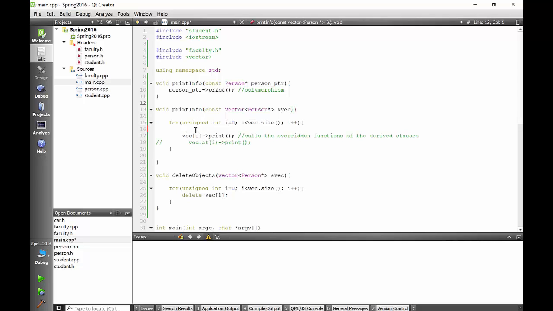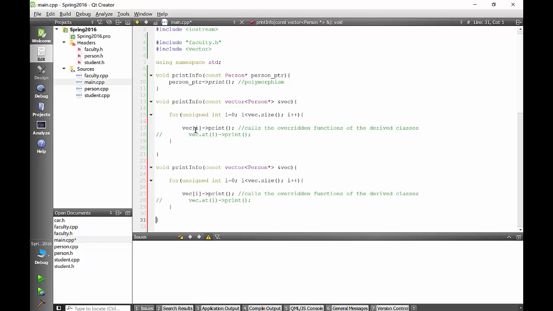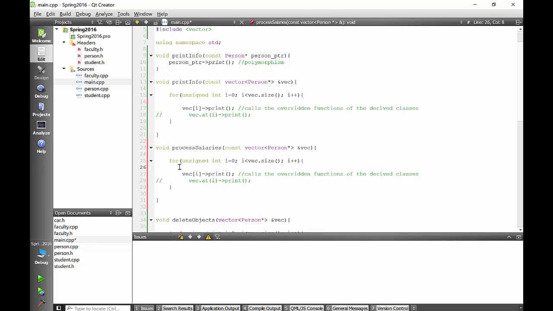So I'm going to create another method here, and we are going to do something different. I'm going to call it processSalaries. Now we have a function, we still pass the vector to the function, and what we want to do in this function is only process the faculty objects. If the object is a faculty object, we want to add all of the salaries together, so we know the total salary we need to pay